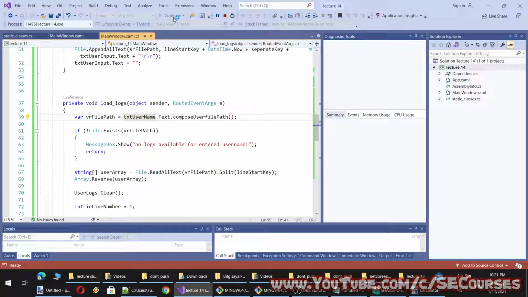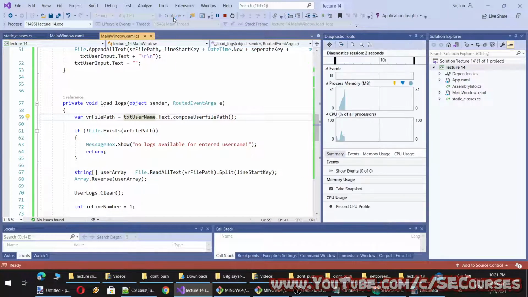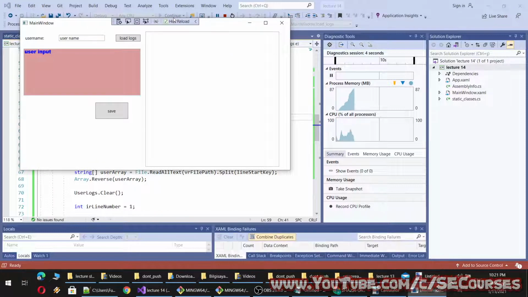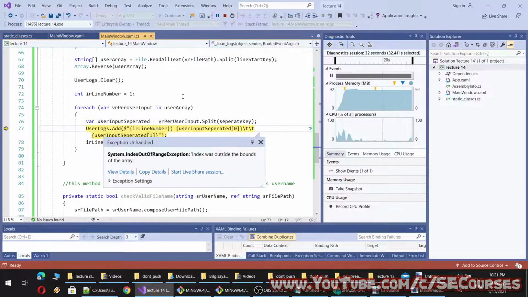Therefore, always use debugging and use breakpoints, and if necessary, use if cases to determine when you are making an error. Some of the students have asked me how to solve a crawling problem in object-oriented programming, and I told them to put a breakpoint there and add an if clause, and if that if condition is satisfied, then you can continue with debugging and see what is wrong. Okay, so let's log logs.